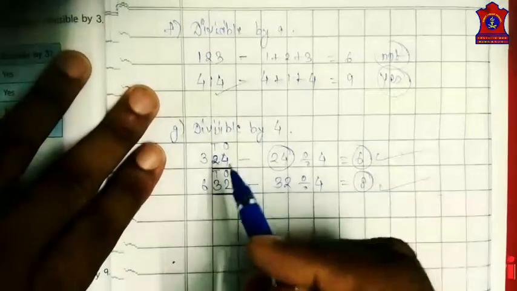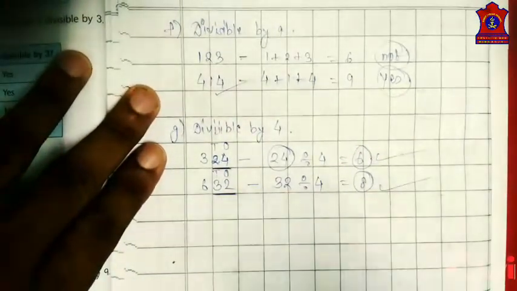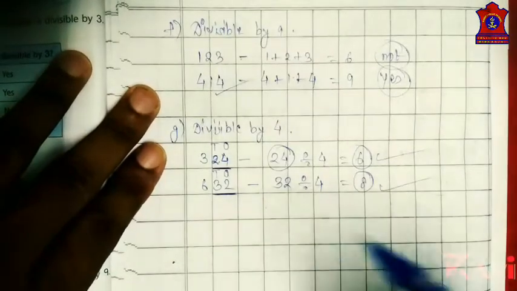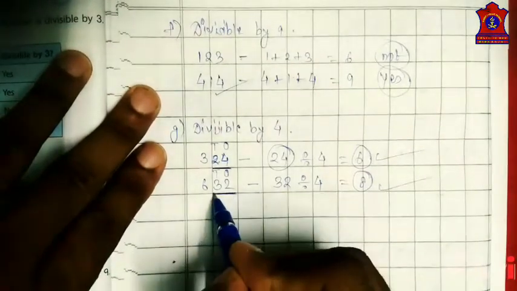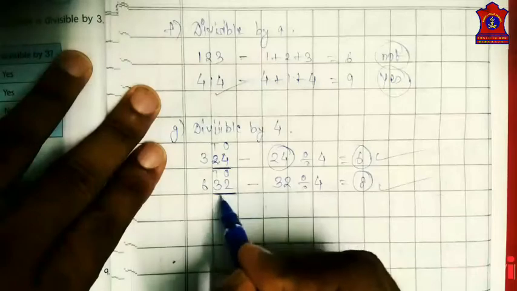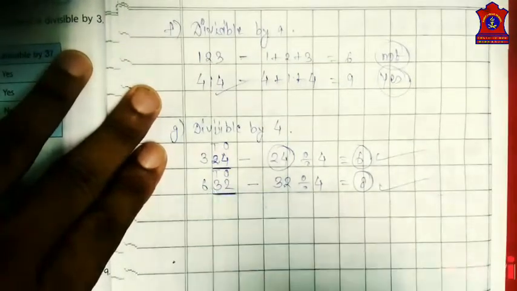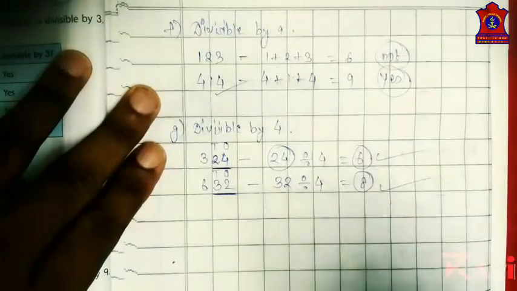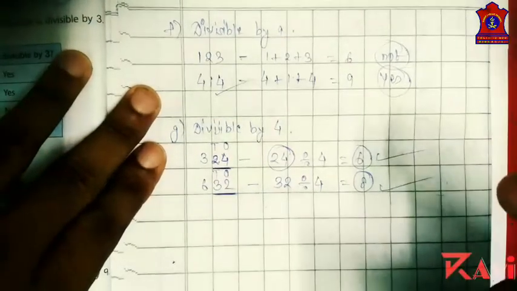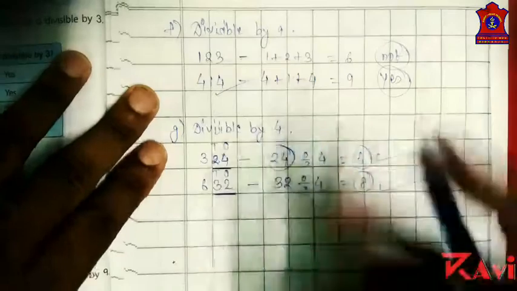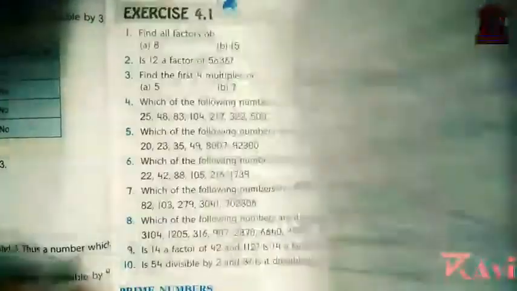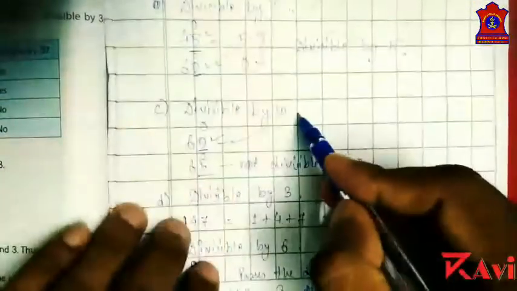So what you need to do? A number is divisible by 4 if the number formed by the digits at ones and tens is divisible by 4. Clear? So here you have learned about the divisibility of 2, divisibility of 5, divisibility of 10, 3, 6,